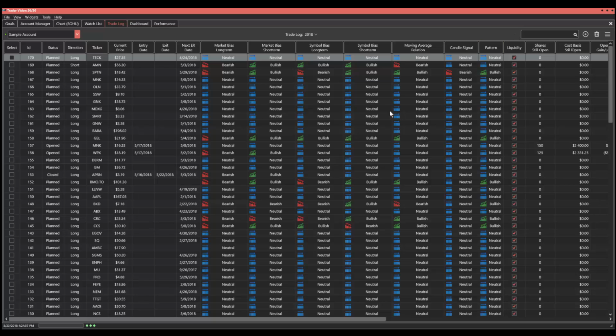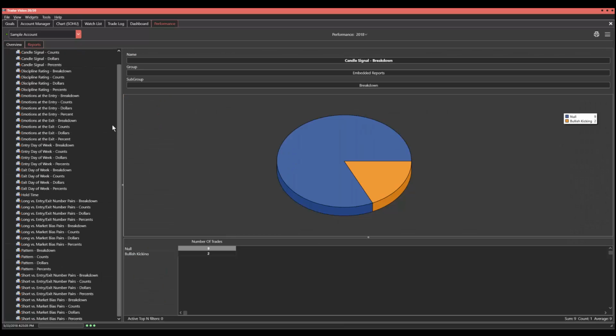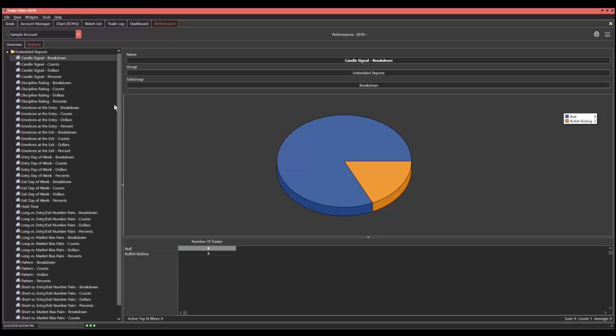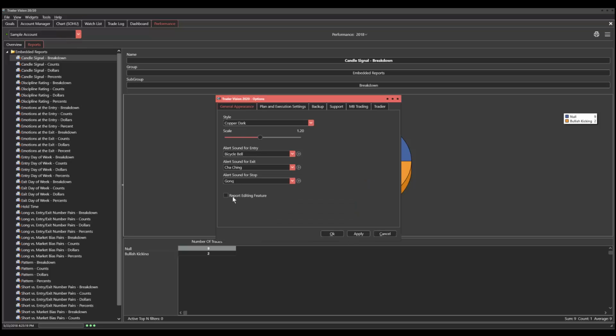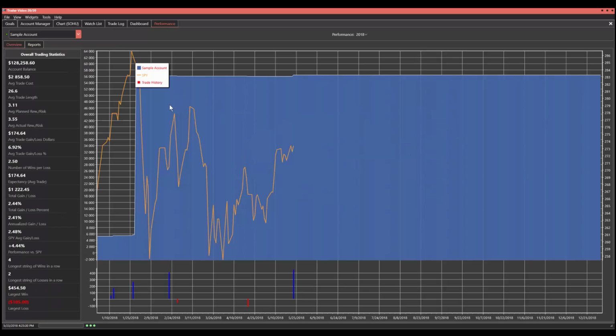And in terms of, if you perhaps were thinking of custom reports for performance, other than the 50 or so that we've got here, I don't know what the number is, 20, 30, 40, I don't know. Yes, you can do that. You would go to Tools, Options, turn on the report editing feature, and then you would be able to add reports and edit them. But it's a very technical process, and I think you might be better off to ask us to do it for you,